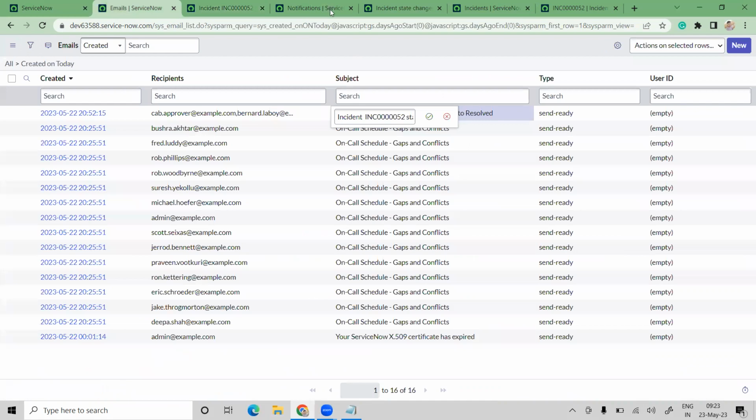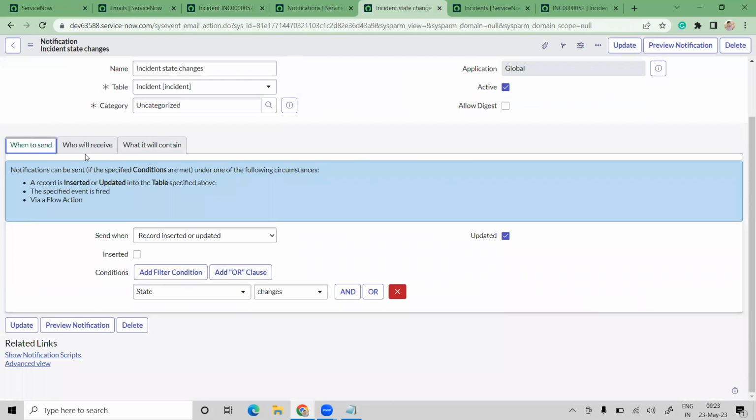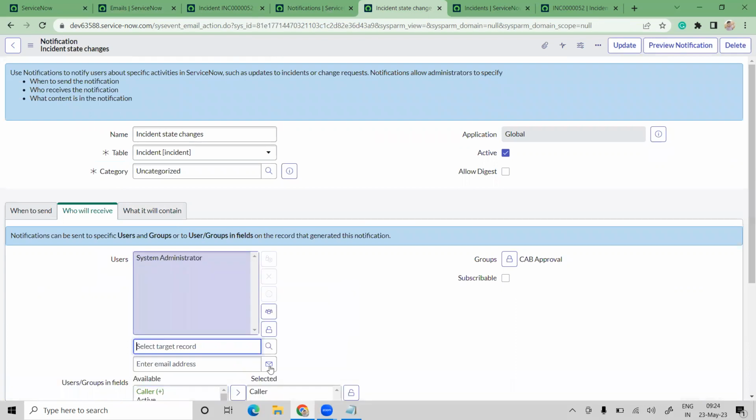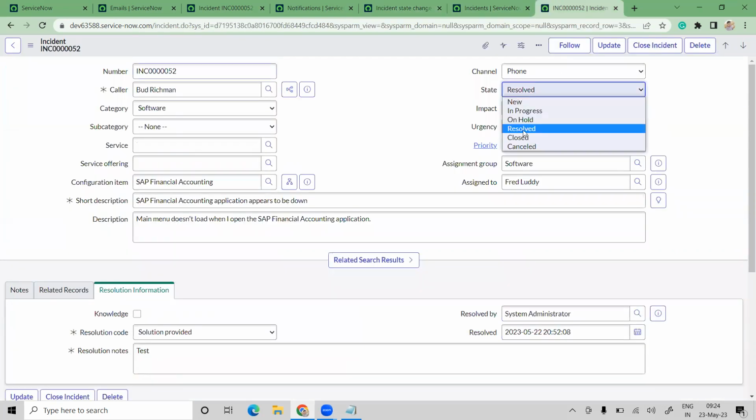Okay, so if I add who will receive, if I add mails as well, let me add this email. Now this person also should get a notification, right? So let's trigger it. Let's change the value from resolve to closed